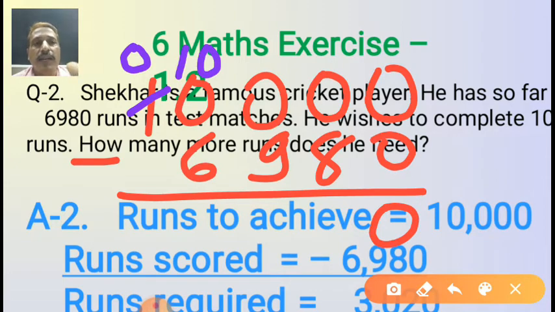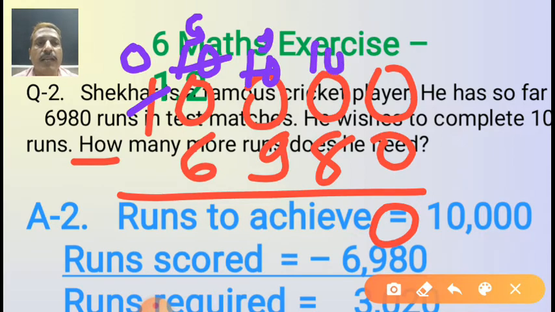Now this 1000 place gives 1000 to the previous one. So 10 minus 1, that means it is having 9 only now. Now this is having 10. Yes, 10 hundreds are there. So out of 10 hundreds, 100 gives to the tens place. That means here is the 9, and then the tens place is having 10. Yes. Now it is possible, 10 minus 8 will give you a 2.